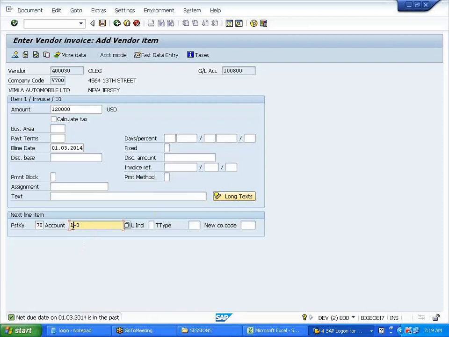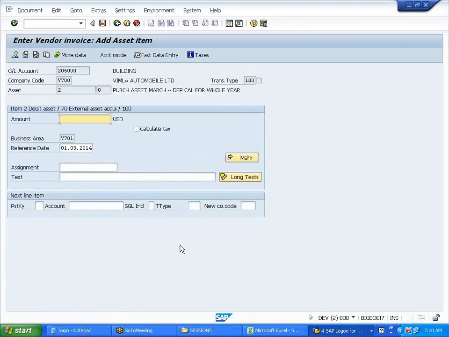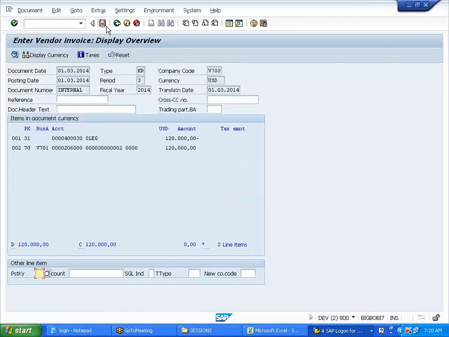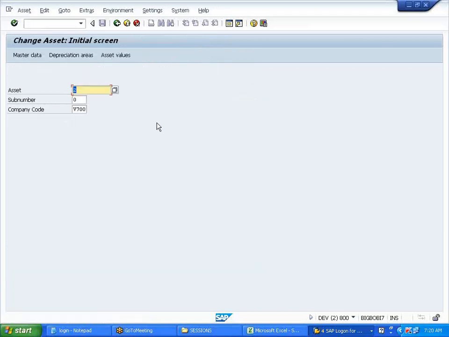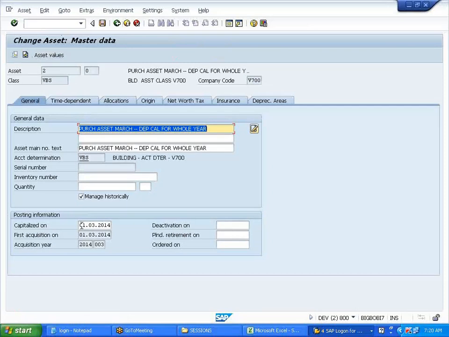So this is 2 now, right? Yeah. So external acquisition, enter 120,000, save it. Clear? Now let us verify this. AS02, I'm going to change master data. So this is the capitalized date, right?